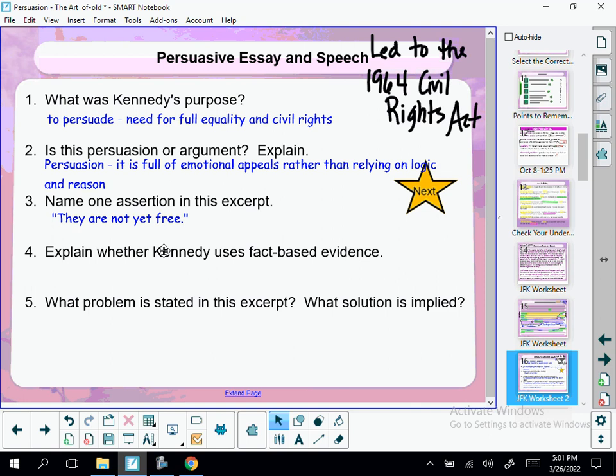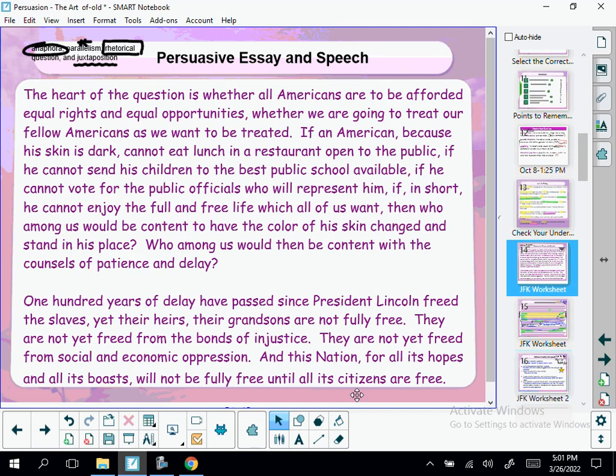It's a nice short sentence. The other thing is I would like you to take a color, let's say blue, and I want you to highlight those rhetorical questions that are there. We're going to take the blue highlighter, and it's pretty easy to find, because we're just going to look for the